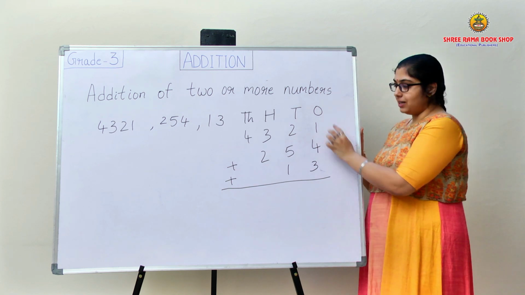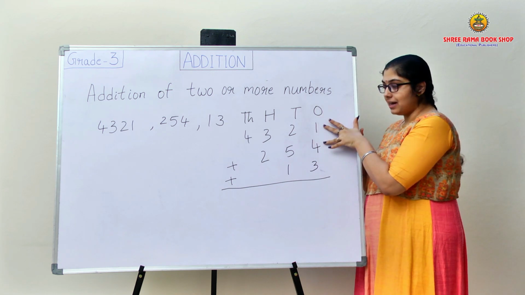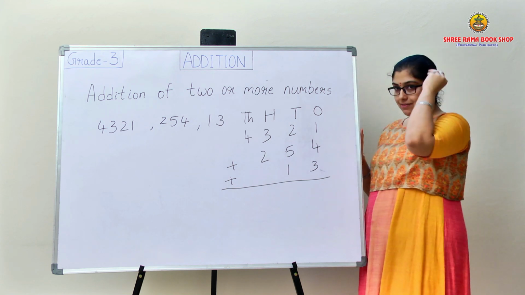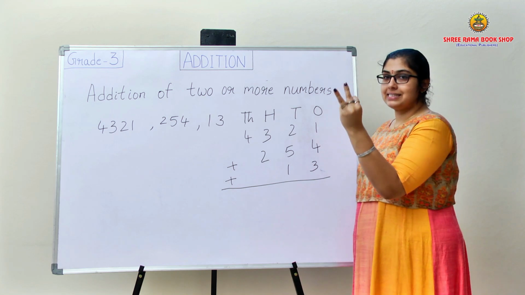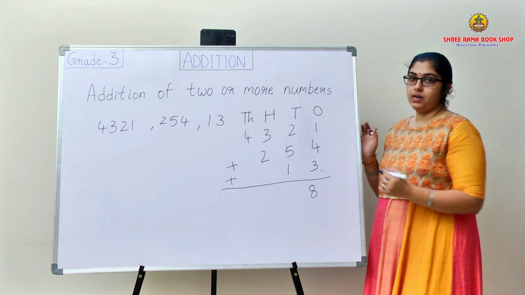So 5. What is the answer of 1 plus 4? That we should keep in mind. So I got the sum of 1 plus 4 as 5. So 5 in the mind, 3 on fingers. After 5, 6, 7, 8. So I will write the answer as 8 over here.